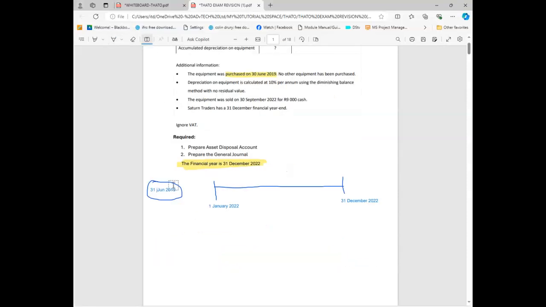Let me change the color. So we're going to say, okay, if we bought it here on the 1st or 31st, or is it no? It's 30, sorry, I checked. It's the 30th of June. Okay. Are you still with me? So we must say, okay, from the 30th of June